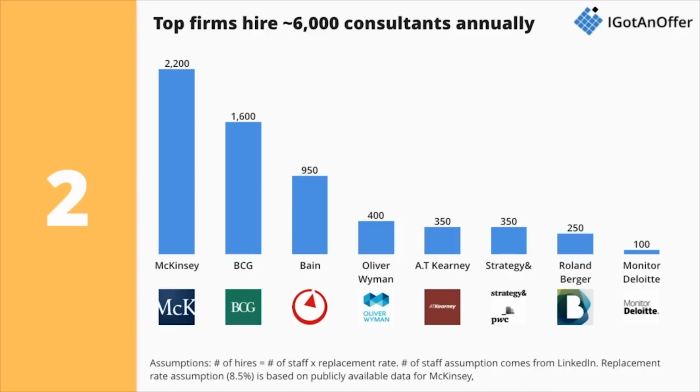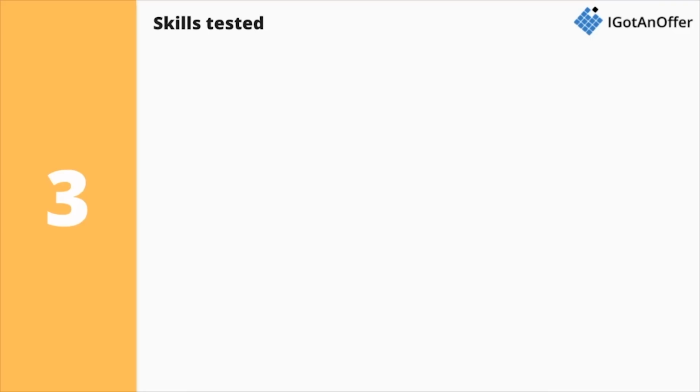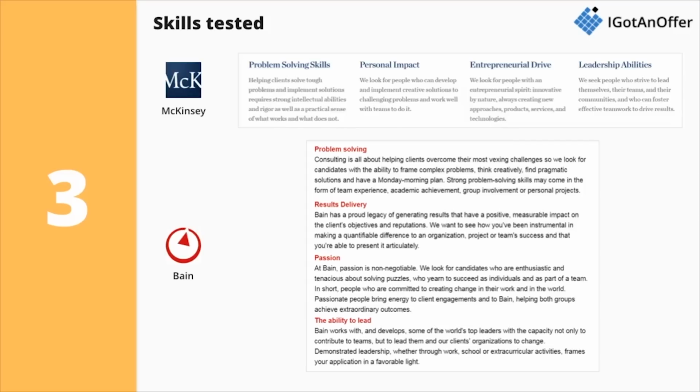So now you have a sense of the intensity of the competition to get into consulting, let's turn our attention towards what successful candidates do to land a job at top firms. In our experience, the first step to beat the odds and get an offer in consulting is to understand what skills they're actually looking for. Once you understand what these skills are, you can then signal you possess them in your interviews. Luckily, top firms are all looking for more or less the same skills. If you take a look at McKinsey and Bain's websites, for instance, you'll notice that although they describe the skills differently, they are essentially all looking for the same attributes.